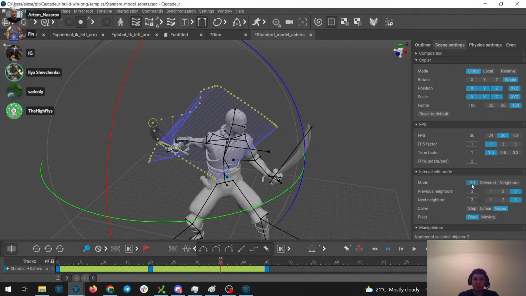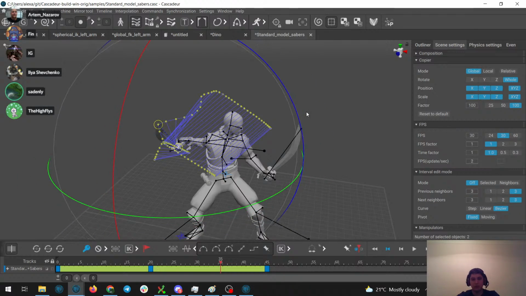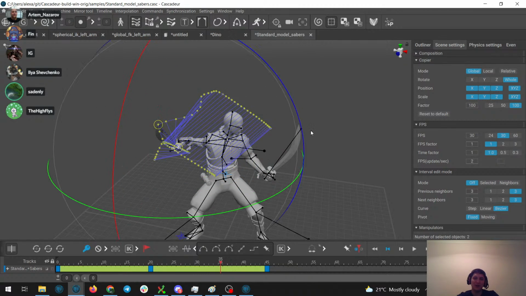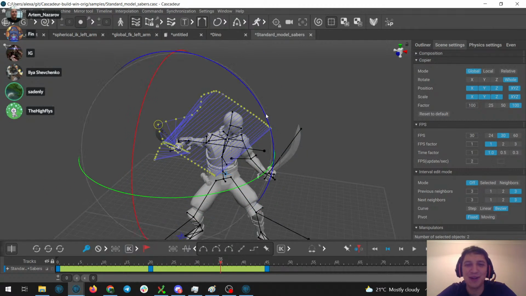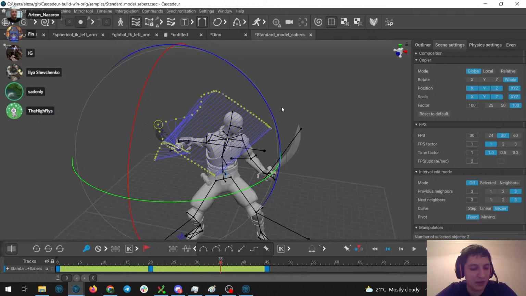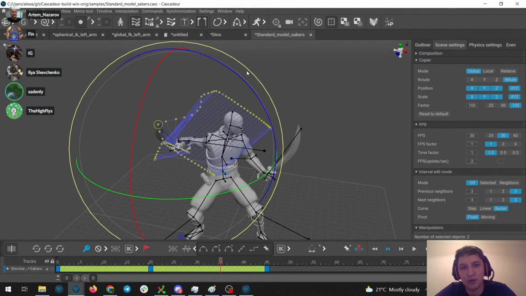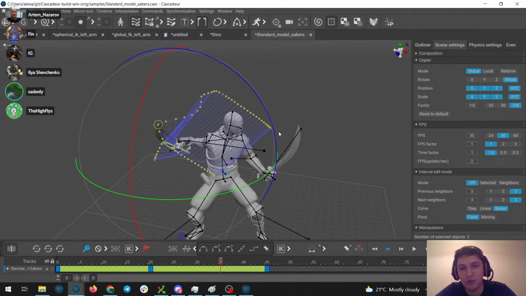Yeah, there were some comments from the chat. He says that he thinks it's a good idea to show how to animate, because he didn't know about neighbors, and also how to zoom the manipulator. For example, I use Control and right mouse click. My hands remember it, but I don't actually use my head to remember it. But yeah, I use Control and right mouse click, and it brings the outer controller to the mouse.